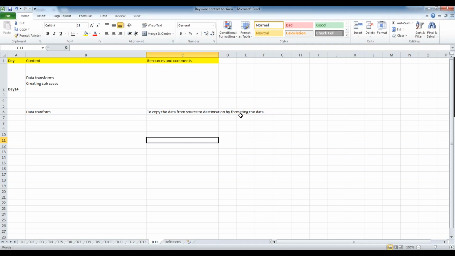So I am appending the first name and last name of this customer, and then I am copying the data to the full name. Finally I am only copying, but before copying I am formatting the data according to my requirement. But the first name and last name should be available on the clipboard. Then you can format the data and copy it to the destination.